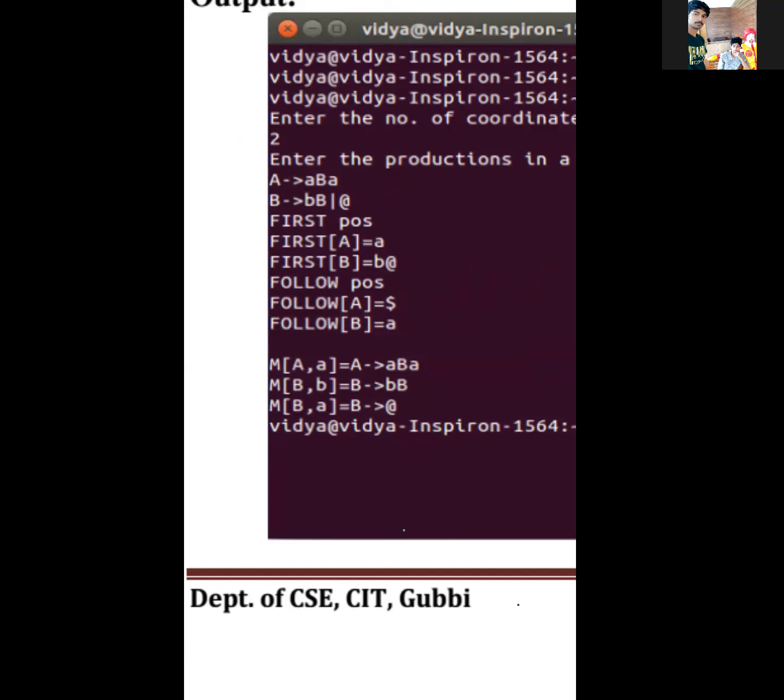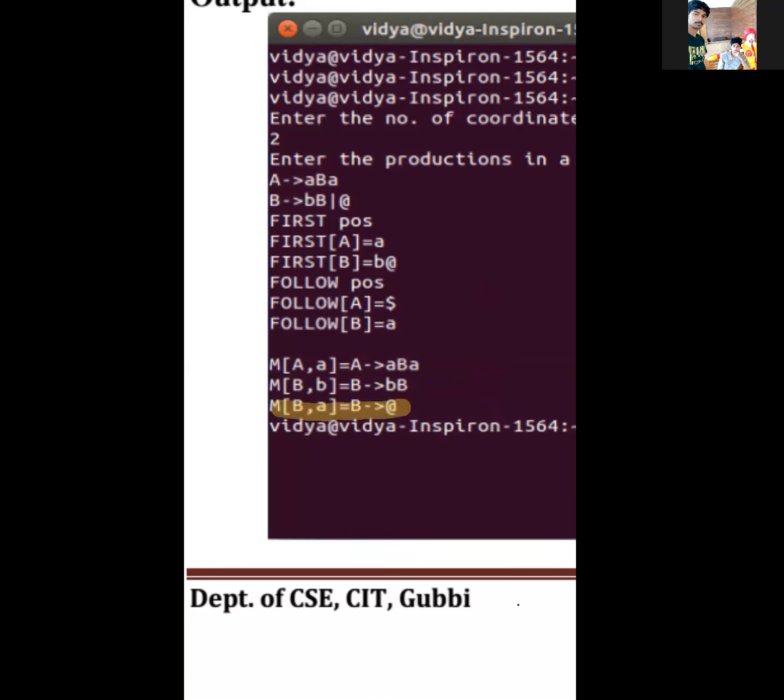M of A comma a will be discussed in the next theory classes also. M of A comma a: this A and then a merged together, it will look in the form of a matrix of productions. Whatever M of A comma a is, that will be ABA. So write this ABA as the production A tends to ABA. First one, M of A comma a. M of B comma b and epsilon, that will be nothing but B tends to BB. So these are the things the productions will say.